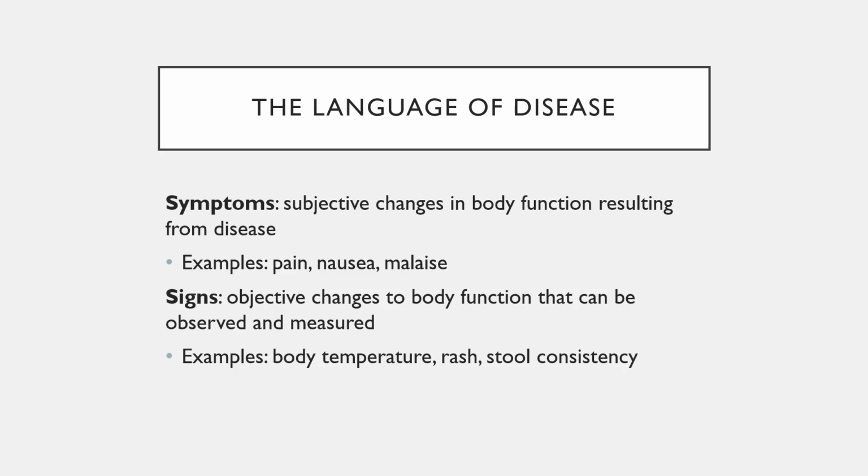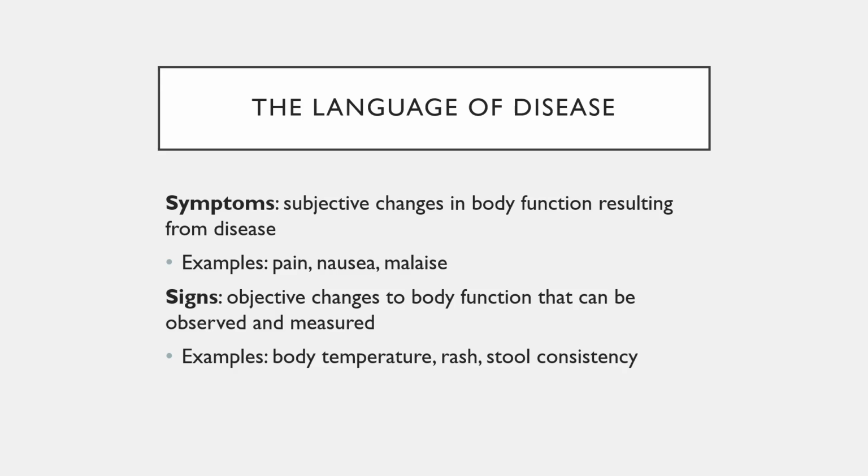For example, pain, nausea, and malaise are all examples of symptoms that can be experienced, whereas signs are objective changes to body function that can be observed and measured outwardly by a clinician. So when you think of signs versus symptoms, think of the phrase vital signs, which refers to things that can be measured. For example, body temperature is a vital sign. A rash would also be a sign because it's something that can be objectively observed and measured, as well as